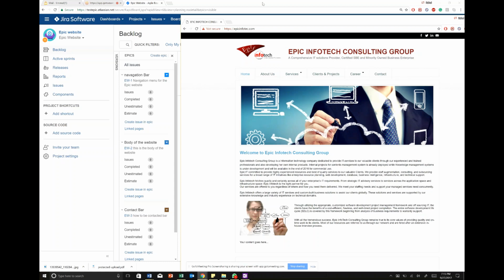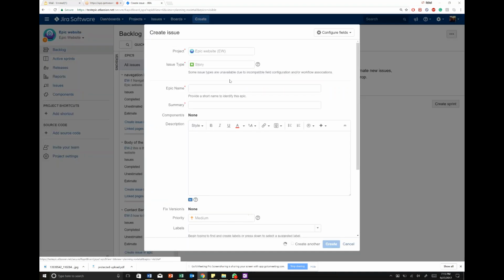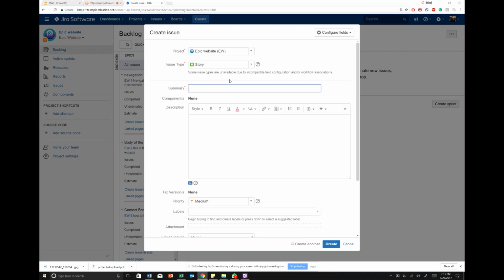So we are going to have to first create the product backlog. When we go to the backlog, okay, we have already created the epic for us. So now once we're in there, we need to create an issue. Okay. So once you're in here, what you do is you hit the C button. When you hit the C button, since the epic is already created, what we're going to do is click story. You're going to give a summary of the story. I'm just giving a few examples. What is this? The navigation